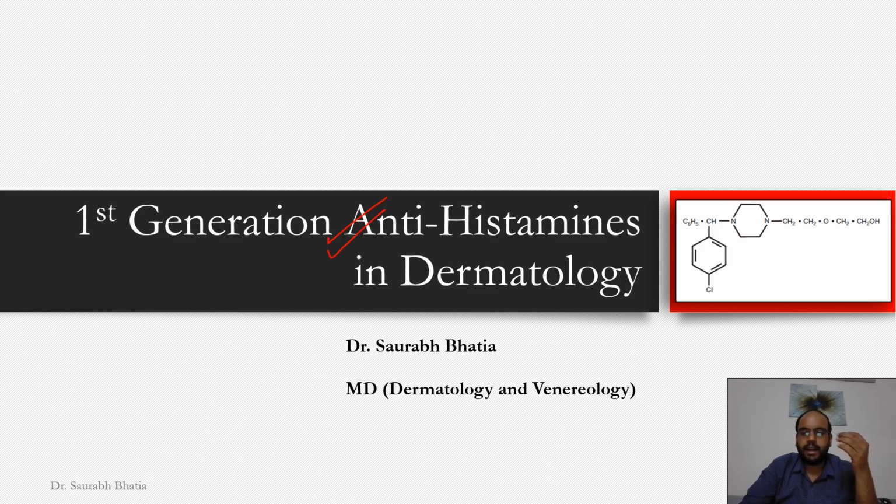Then are they interchangeable? Can you replace one type of antihistamine with another type of antihistamine? Can you mix up antihistamines, or should you just keep on increasing the dose to 4 times the normal dosing to get the efficacy? So we'll just go through this and we'll realize how we can better use antihistamine,